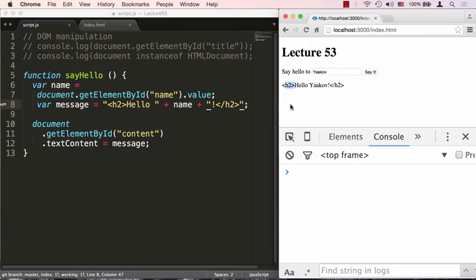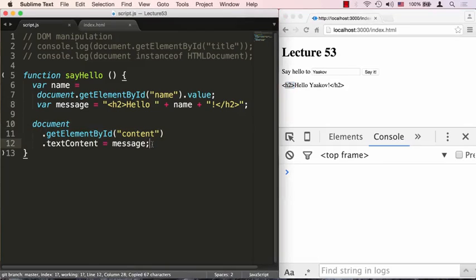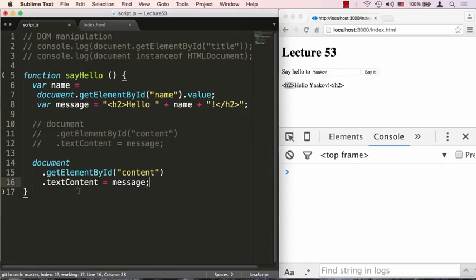should render. Well, we can actually fix that because there's another property that tells the browser that what I'm inserting is actually HTML for the browser to render. So let's go ahead and copy this and comment it out, and we'll have another line that looks almost just like that, except the textContent is going to be replaced with another property called innerHTML. So when we say innerHTML, the thing that gets assigned to it is going to be interpreted as HTML